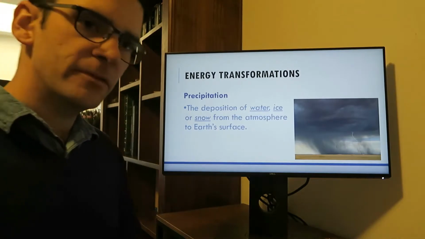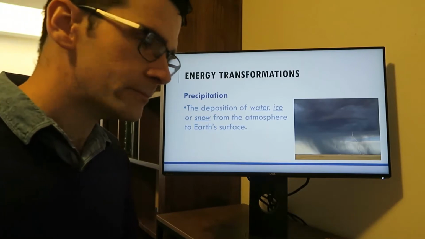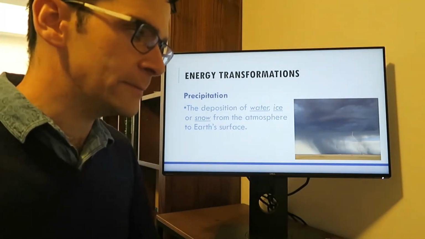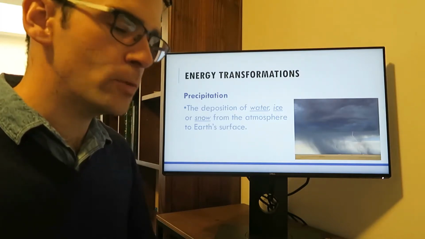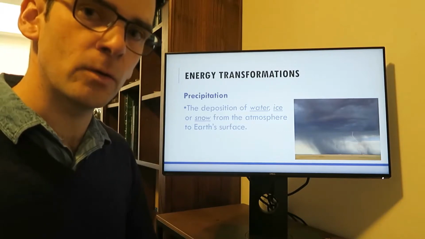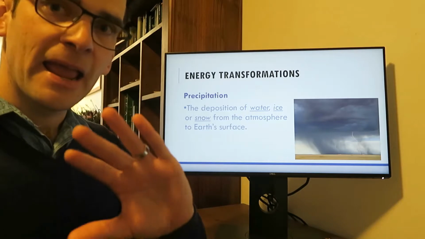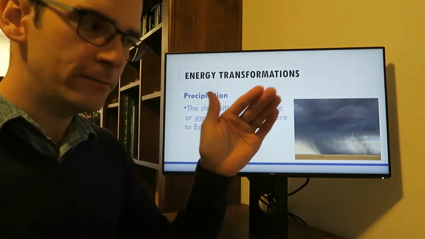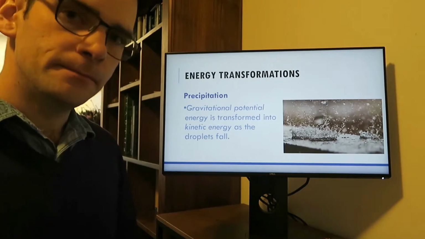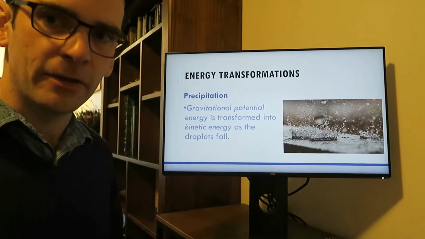All right, so on the other end of the spectrum, if you think about evaporation, what goes up must come down. And here we're talking about precipitation. Now, a lot of the time we think of precipitation as just rain, okay, but it's much more than that. It's also about falling ice and snow, okay? Those two things can also be classified as precipitation, okay? And it's basically the process of water that's trapped in the atmosphere falling down to the Earth's surface, okay? Now, while you might think this is all fairly straightforward, yes, rain comes from the sky,